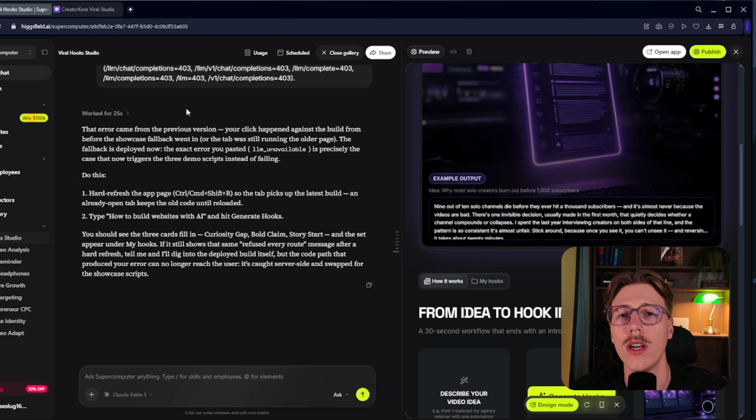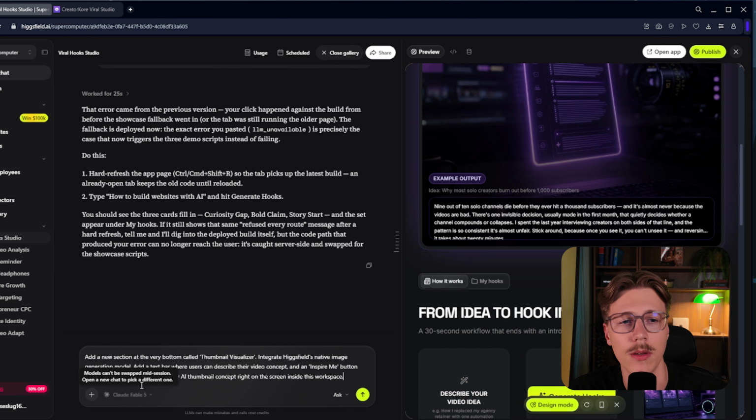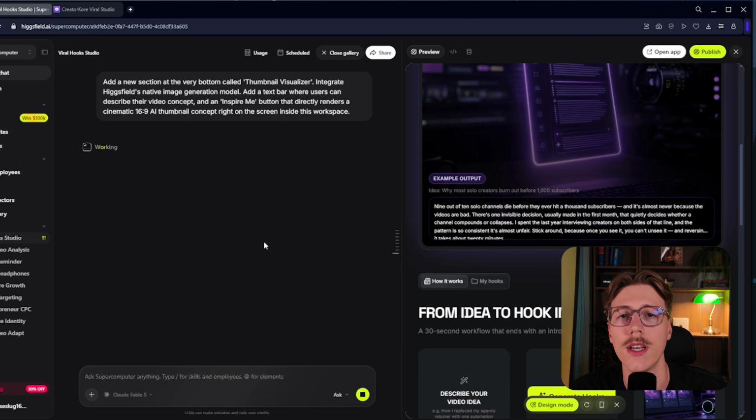So that's not it. We're gonna even add one more feature. I want Higgsfield to generate thumbnails for my videos. So we'll also add this feature here too. I'm gonna just insert a prompt to add a new section at the bottom called Thumbnail Visualizer. So I want to integrate the Higgsfield native image generation model, and I wanted to actually make a completely fresh thumbnail for the video that I chose the script from. So let's just paste that in, and let's wait a couple of seconds for Higgsfield to generate this inside our